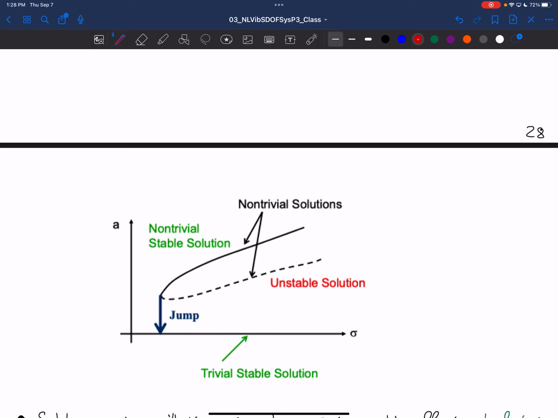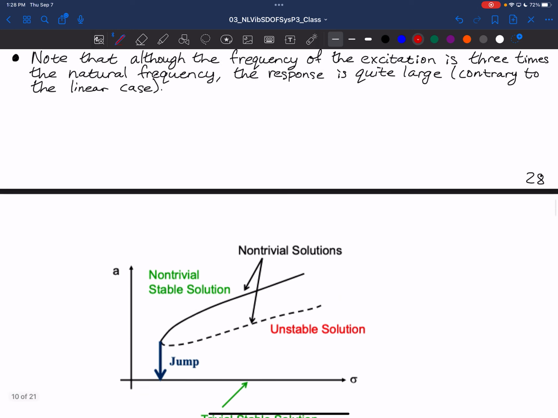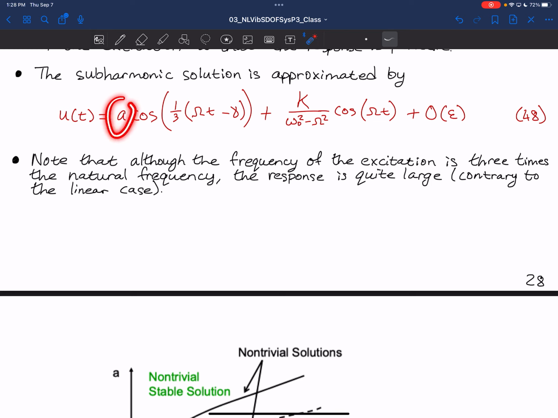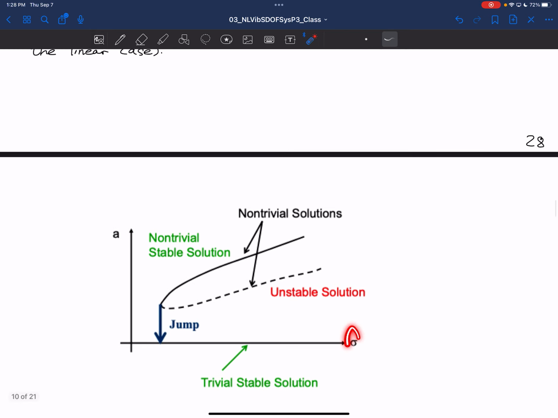So this is the plot of the response amplitude, which is A over here, versus that detuning parameter sigma, or related to the frequency. And so from over here back, in this region right here, the only solution that exists is the trivial response. So in that case, there is no subharmonic resonance term. It's just a 0 response. And then once you cross this threshold where I have a jump here, you suddenly have a trivial stable solution and a